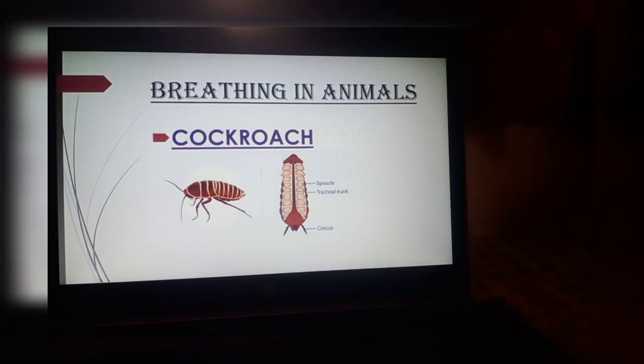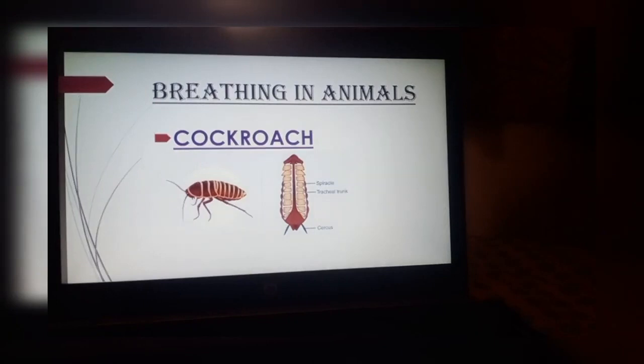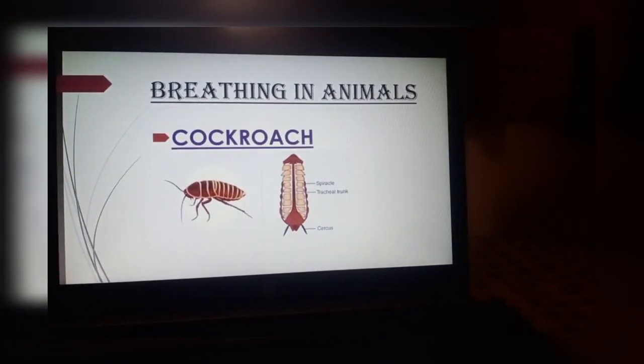Yes, hemoglobin is a pigment that is responsible for giving red color to the blood, and it also helps to carry oxygen in the body. But in insects, instead of hemoglobin, there is hemocyanin. Hemocyanin is not red in color, but it helps the insects to carry oxygen throughout their body. That's why, because of the absence of hemoglobin, the insect's blood is not red in color.